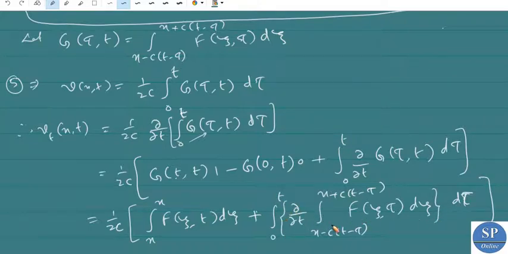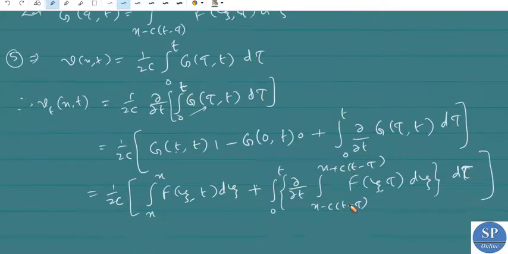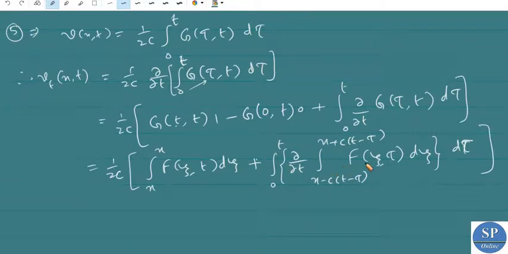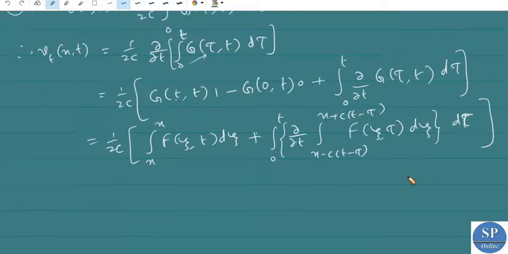Okay. So here we have to apply the Leibniz formula one more time, to find the integral of this. Okay. So this is equal to 1 by 2c into the integral from x to x, this is 0. So 0 plus integral 0 to t, now the integral of this. By applying the Leibniz rule, we have